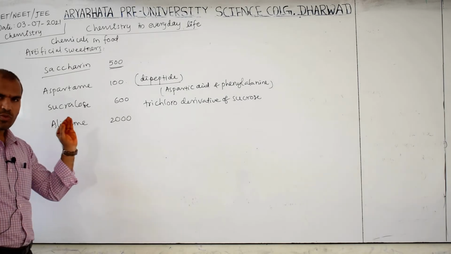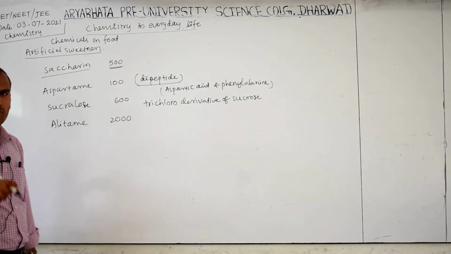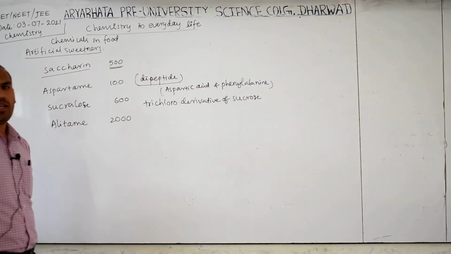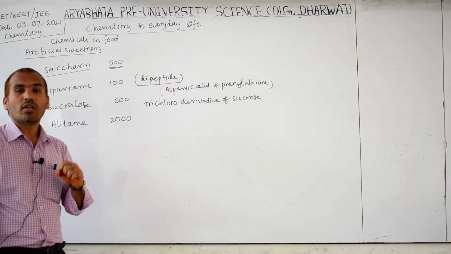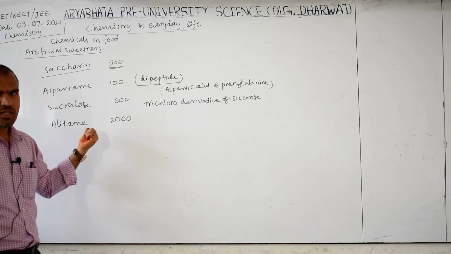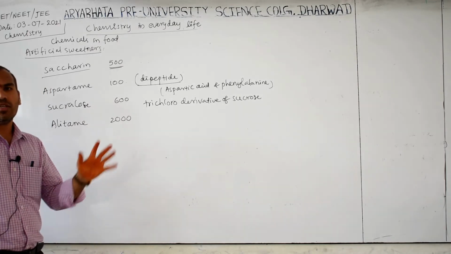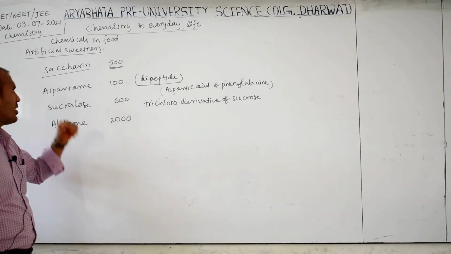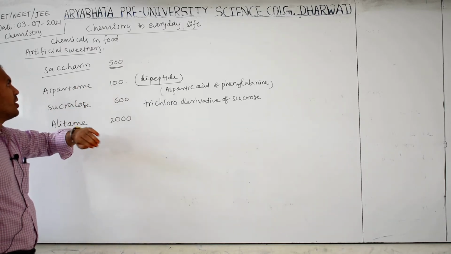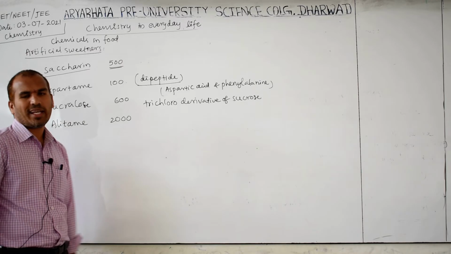This is also stable at cooking temperature. Keep in mind it is stable at cooking temperature. We can use it in some sweets that are made by cooking. Next, aspartame. This is very high sweetness, and we cannot control it because of that much sweetness. They may ask a question in the exam: which of the following is unstable at cooking temperature? It means aspartame. Okay, and it is used only for cold food and cold drinks, not for all. So these are all used for diabetic patients, those who don't want the calories.